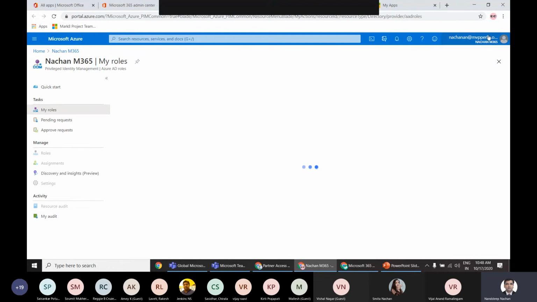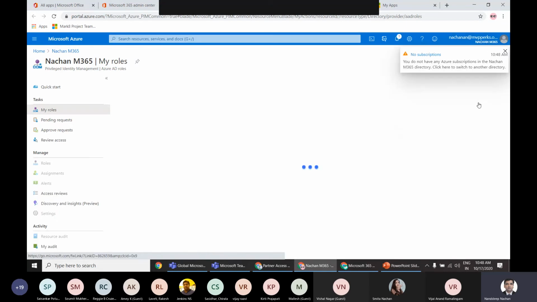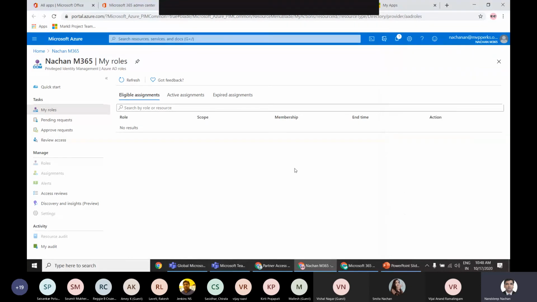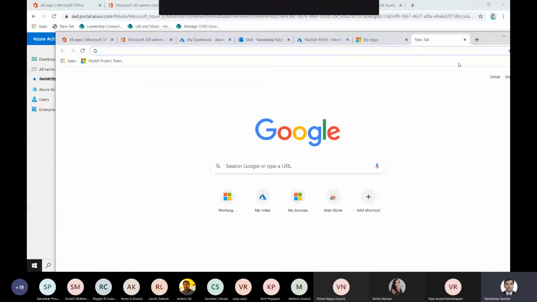Now from here you can see that if I go to switch directory, now that I'm in Contoso, this is my local directory or my home directory, but now I'm in the Contoso directory. So from here I can do certain things. Again, for example, if I open portal.azure.com from here,